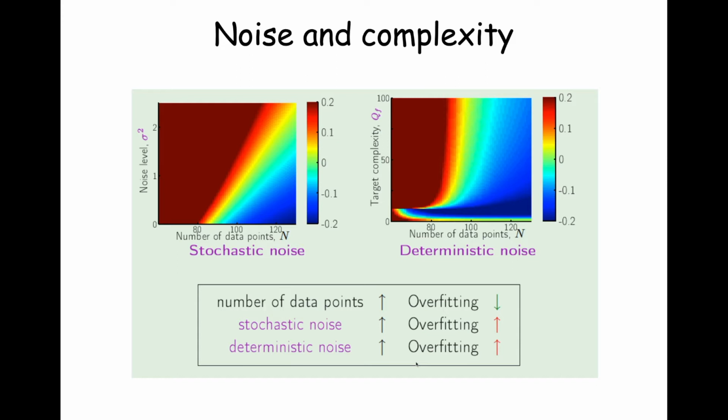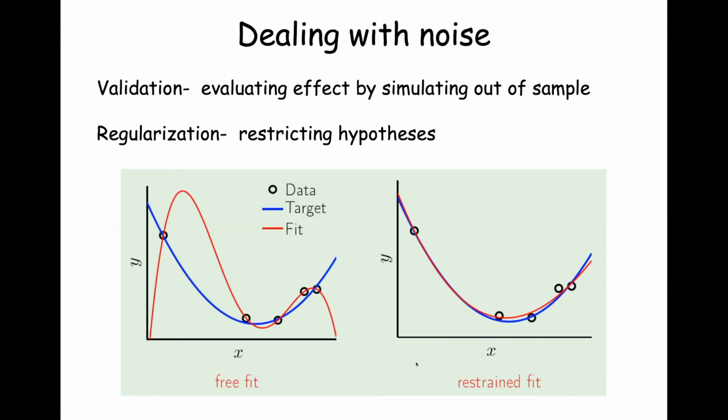And we concluded that for stochastic noise, as you increase the number of data points, in general overfitting goes down. As you increase stochastic noise, which is your graph on the left of the screen, overfitting goes up. And if you increase deterministic noise, the complexity of the target function, overfitting also increases. And so we left off with this motivation for how you deal with noise in the prime topic for today,